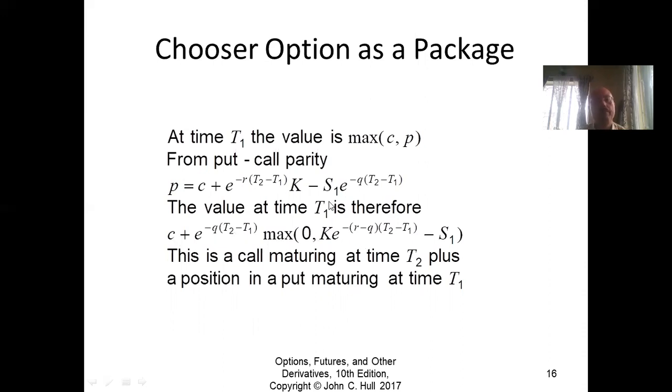So initially I have both the choices, but one of them will expire earlier. Because there is this put call parity, I can also write this the reverse way. I can write it in terms of the put which is maturing later at time t2 and a call which will mature earlier, with relevant adjustments so that the parity is kept. Is this clear? This chooser option idea?